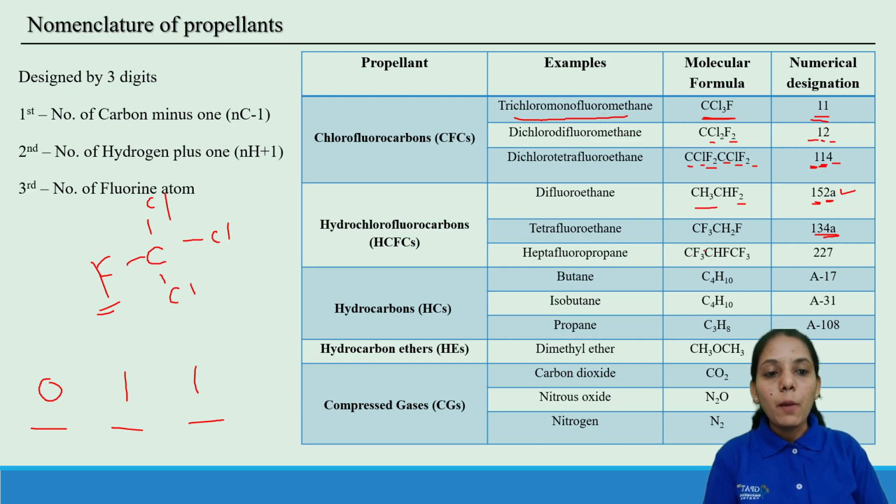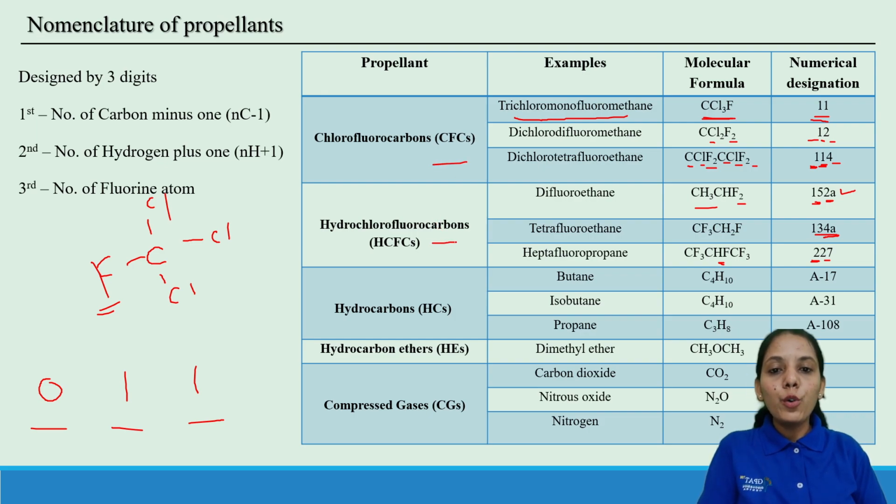Heptafluoropropane. Now it is hepta. Propane means 3 carbons. 3 carbon minus 1, that is 2. So the number of carbon will be 2. How many hydrogens are present? In this case, a single hydrogen is present. So it will be 1 plus 1 according to our rule, so it will be 2. And in heptafluoropropane, hepta indicates 7. So it will be 2 to 7. So this numerical designation is for